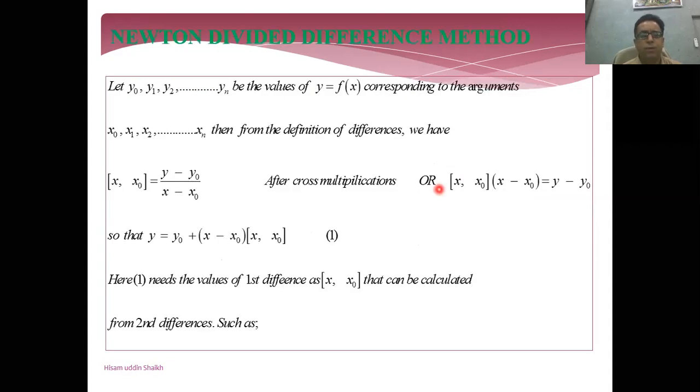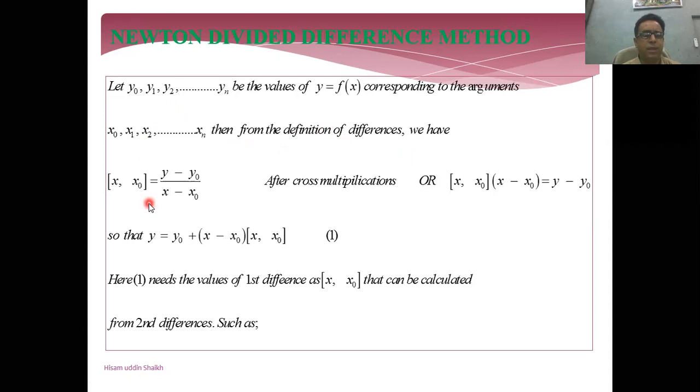So for the proof, we just assume that the values y0 to yn are the values of y equal to f(x), corresponding to the arguments, meaning the x values. Y values are called entries and x values are called arguments, so x0 to xn. Then, from the definition of differences, according to the definition of the Newton divided difference method,